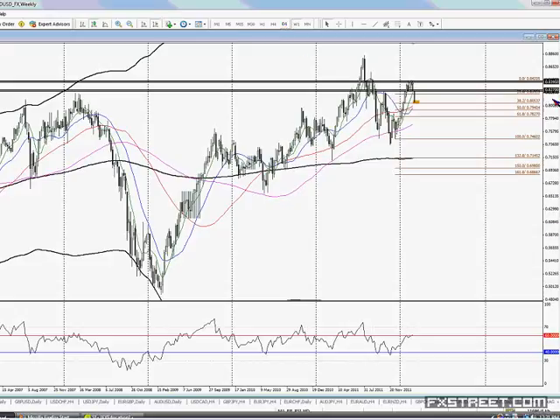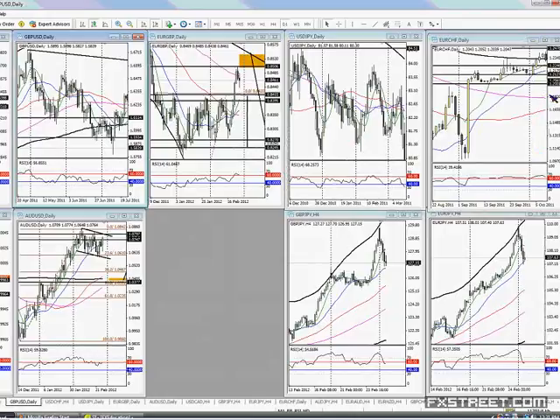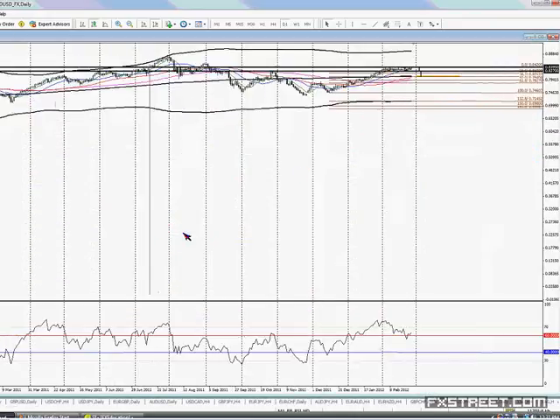Wonder why I can't resize this. Hang on. Sort of stuck here. Okay, you know what? Forget the Kiwi then. For some reason this chart is not rescaling. Let's take a look at